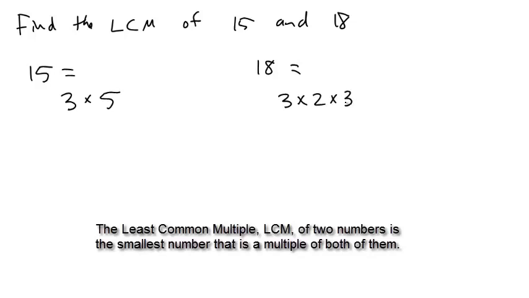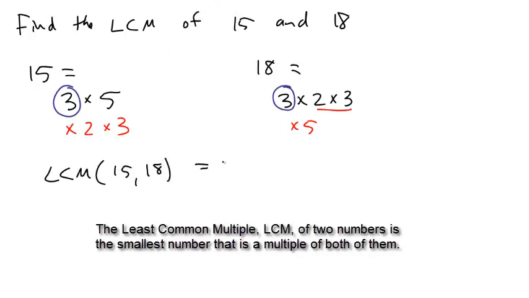So what are we looking at? One has a 3 and a 5. One has 2 3s and a 2. So what are they going to be jealous of? Well, what do they have in common? What they have in common is just the 3. So what is 15 jealous of? It wants a 2 and it wants a 3. It wants the things that it doesn't have. And in fact, we're done. If we did it for the 18, we'd say it's jealous of the 5. But all we need to say is that the LCM of 15 and 18 is